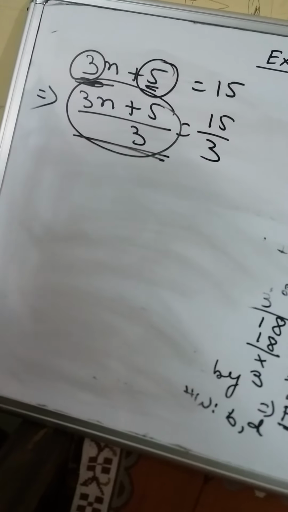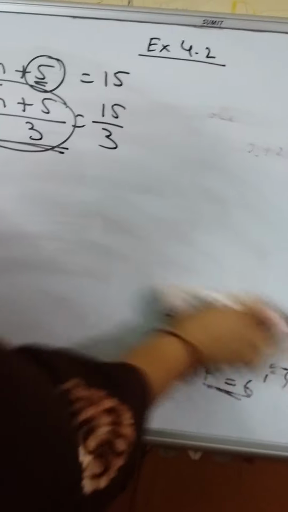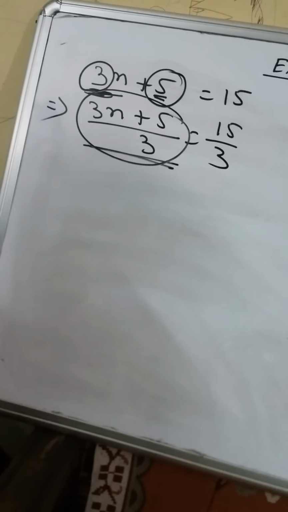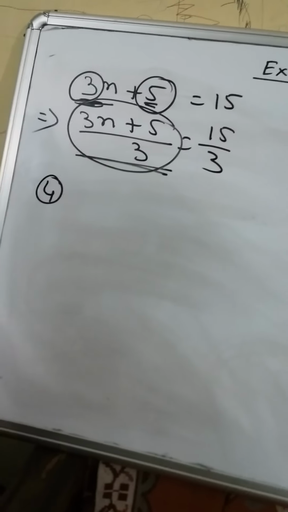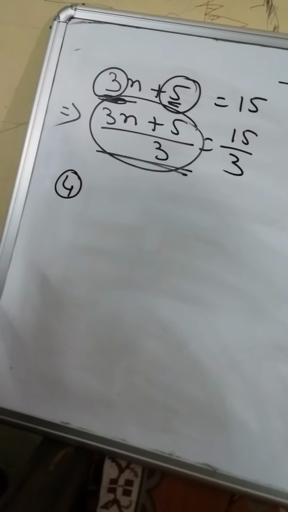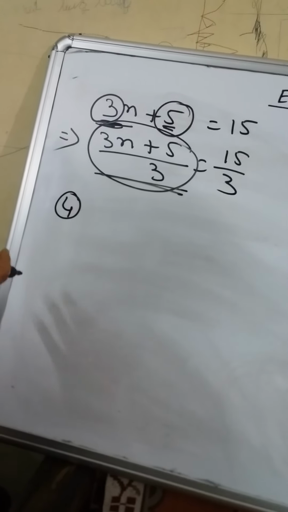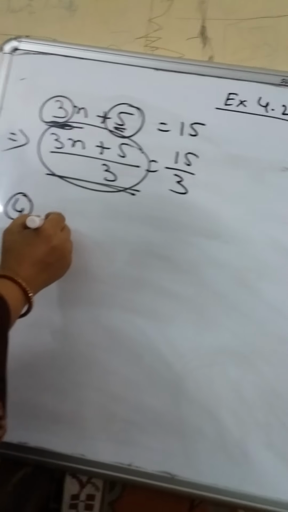Okay, now we will discuss question number 4. Question number 4 is: solve the following equations. That means here you have to solve the equation, you have to find out the value of this variable. It is not mentioned that you have to write steps, which means this solution becomes easier for you. So first is